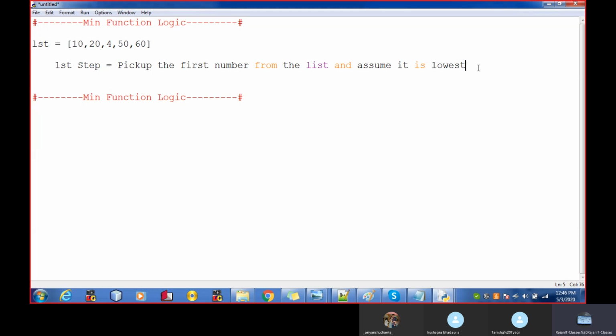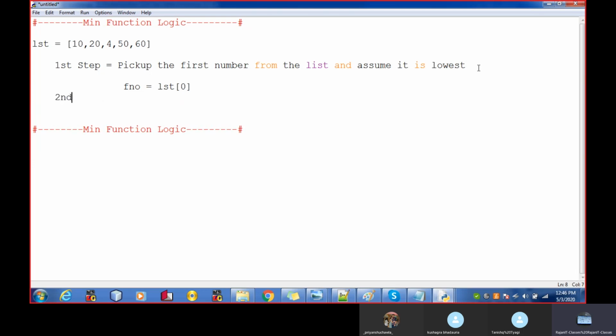So how will we pick up the first number? The way is first number is equal to LST 0. So this is the way to pick up the first number from the list.